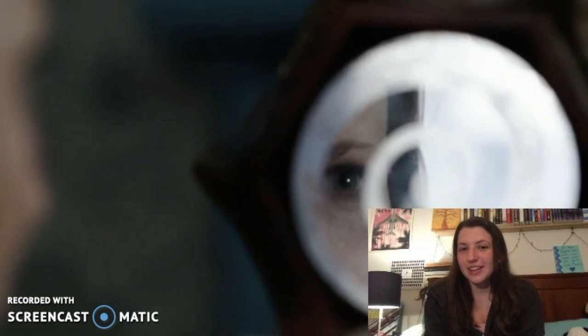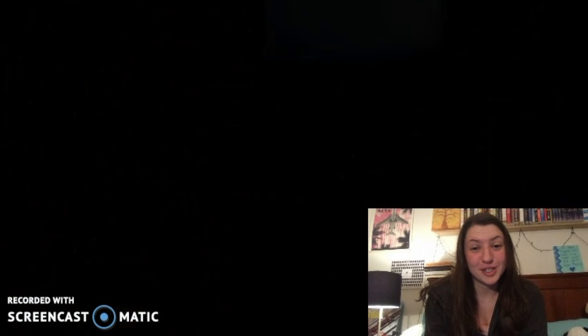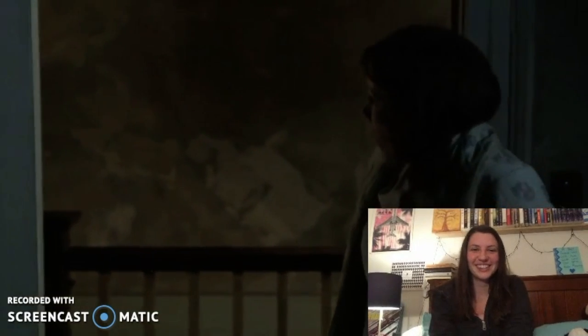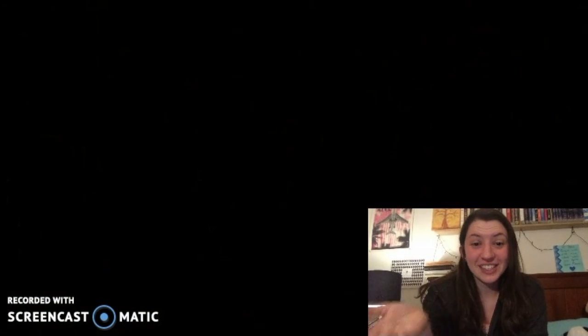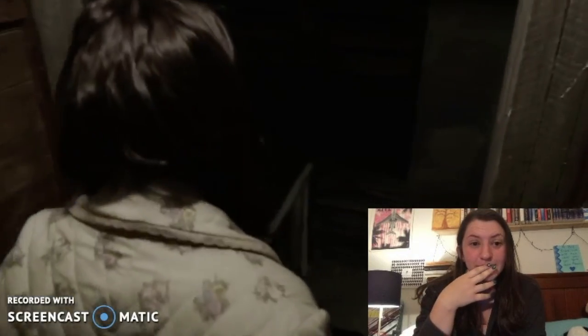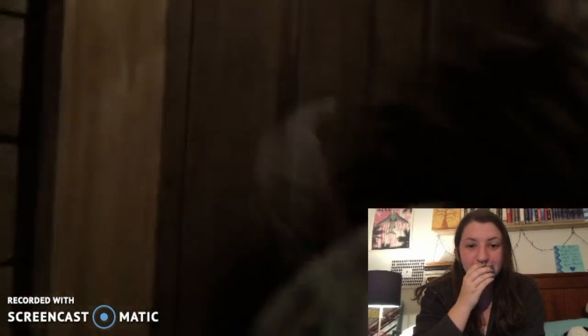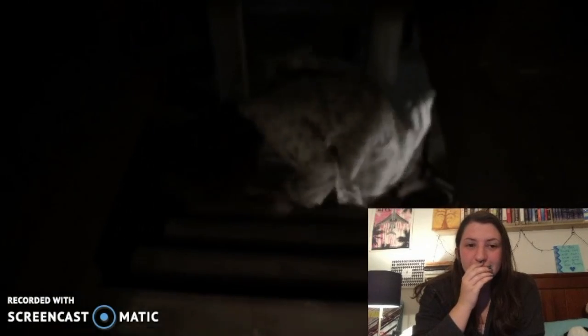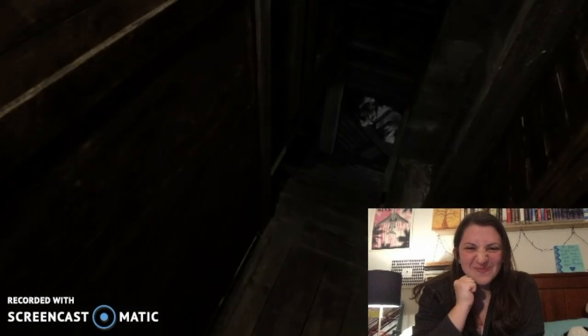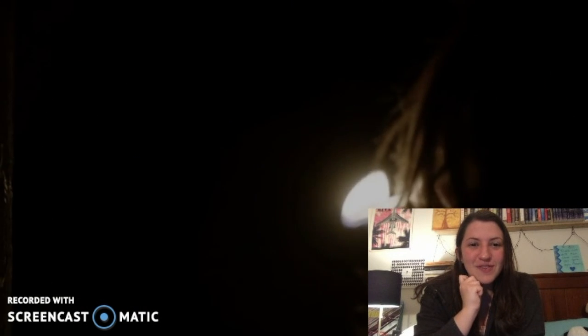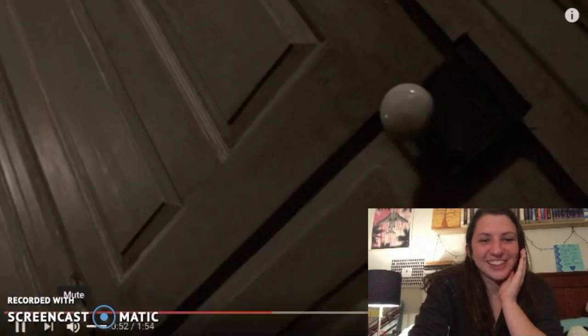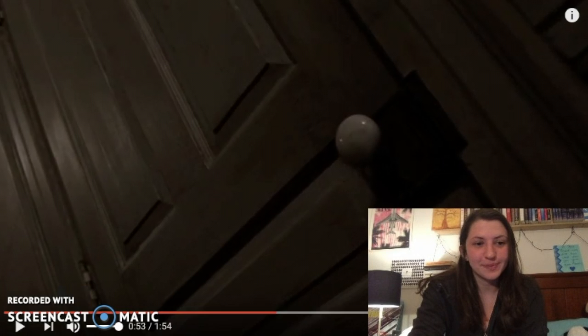There's an example of the music stopping. That made us jump a lot the first time we saw it. See, I've seen this like 6 times, and it still gets me. Who's ever down there to lock you in now? Listening to her fall down the stairs makes me so uncomfortable. Okay, we're done. I'm gonna go back to the beginning.